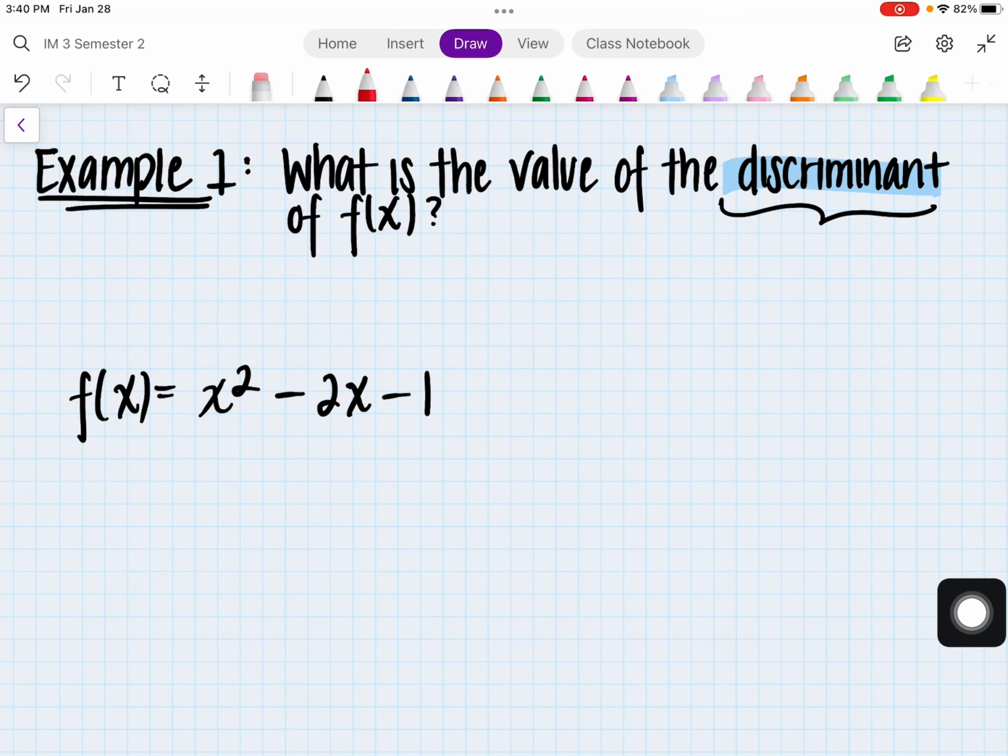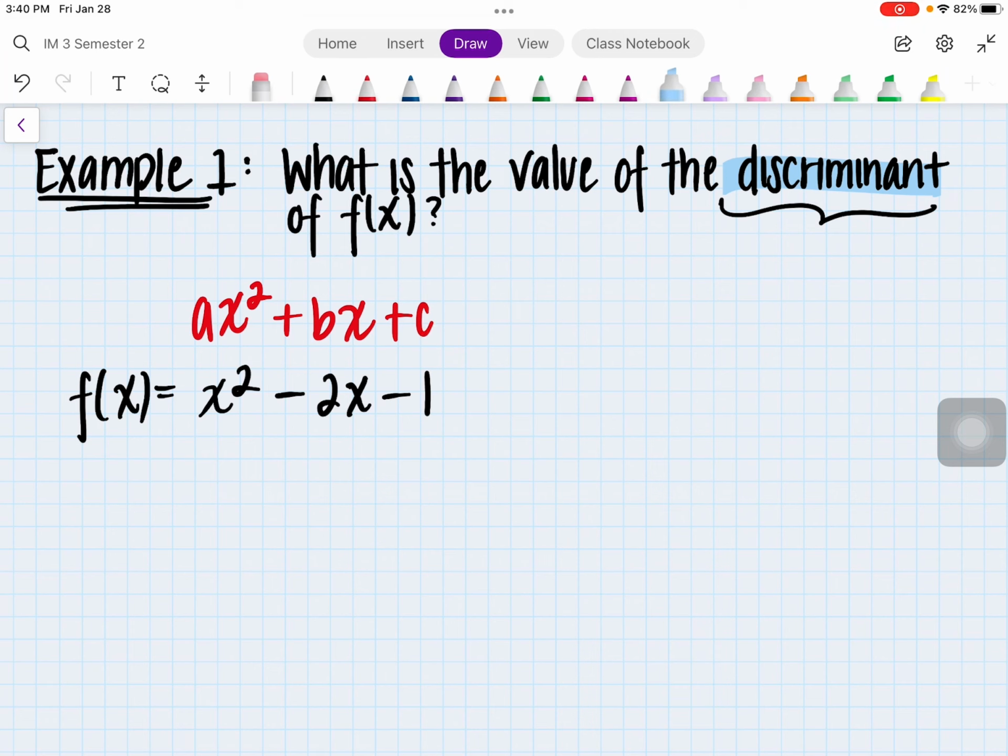So let's go ahead and get started here with example 1. Now, in order for us to solve for the discriminant, we do need to determine our a, b, and c values. Taking a step back, we do have our quadratic equation. This is actually the formula for quadratic equations: ax squared plus bx plus c. A is represented by the number in front of the x squared. It's actually our leading coefficient,